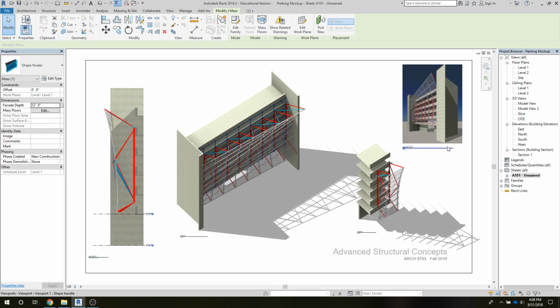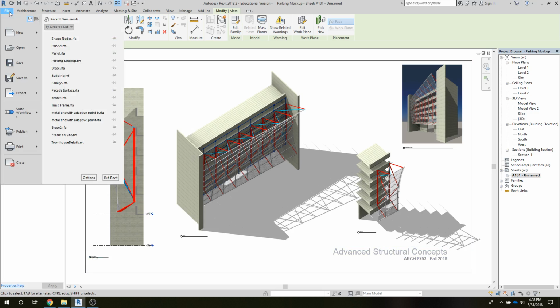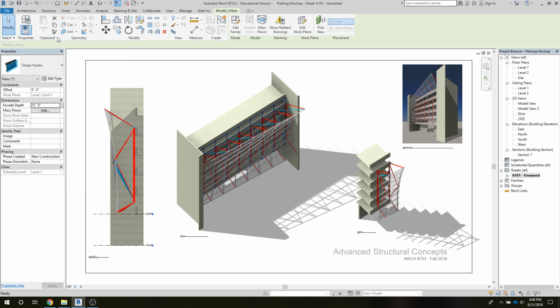And I think this is the real power of BIM modeling, the ability to be flexible in creating parameters and then being able to adjust them without having to redraw elements. And so let's take a look now at how we accomplish that idea of changing the facade depth. If I go out to that shape nodes file,